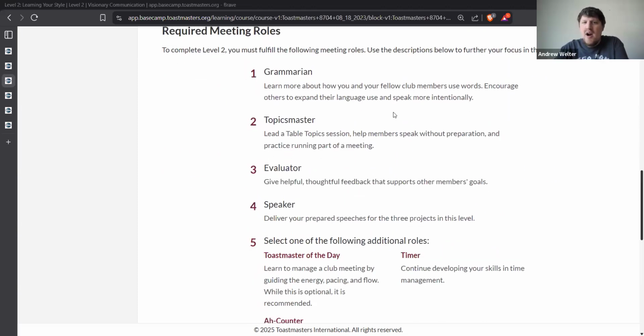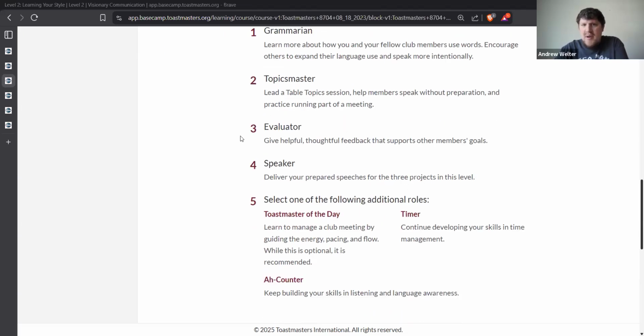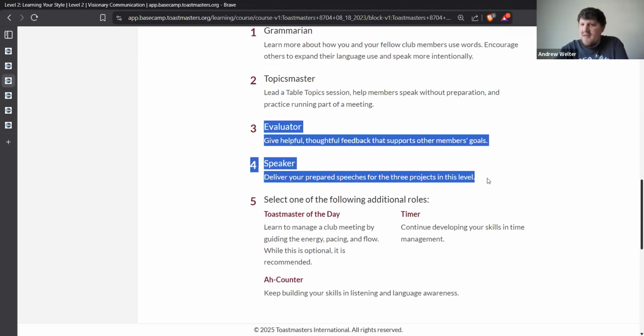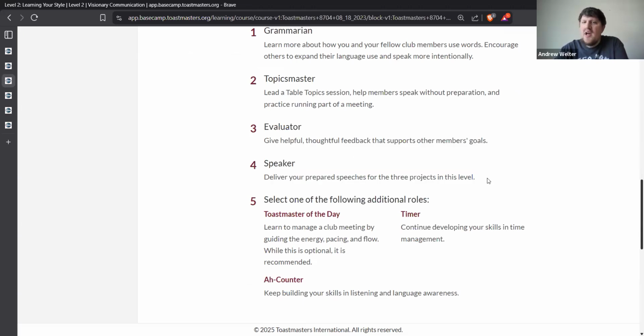And then we're going to get to required meeting roles. For Marion, now you've got to be table topics master. You're going to be an evaluator again because they want to really emphasize giving speech evaluations as well as being a speaker. You're going to see those, I believe, in every single level because these are the cores of Toastmasters: speaking and evaluation. Obviously, it's not taken away from all the rest, but this is the core that everything